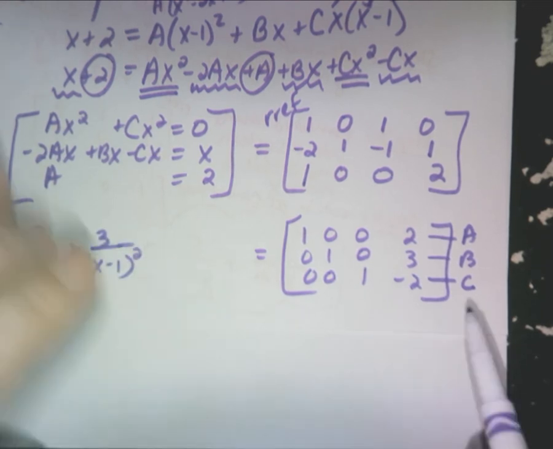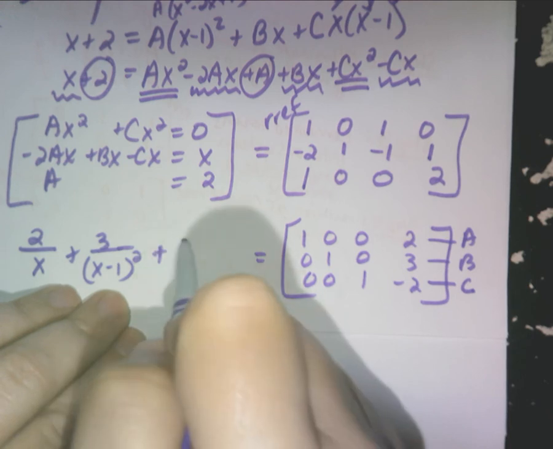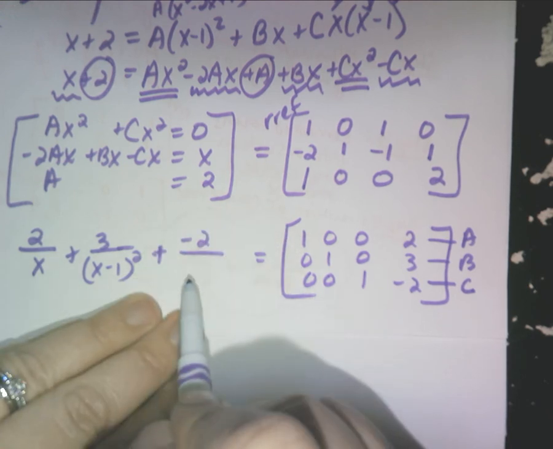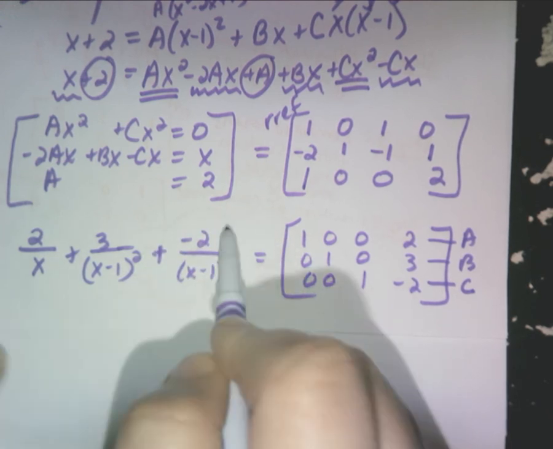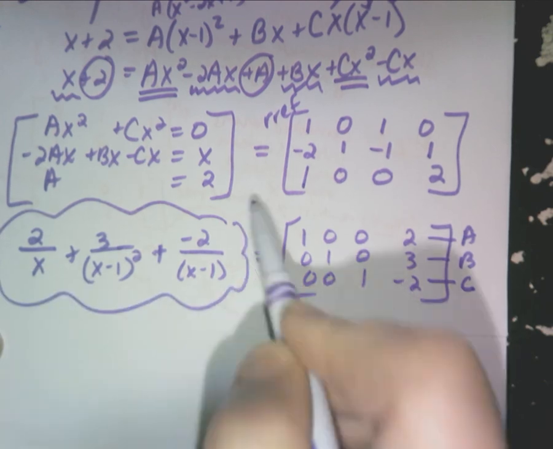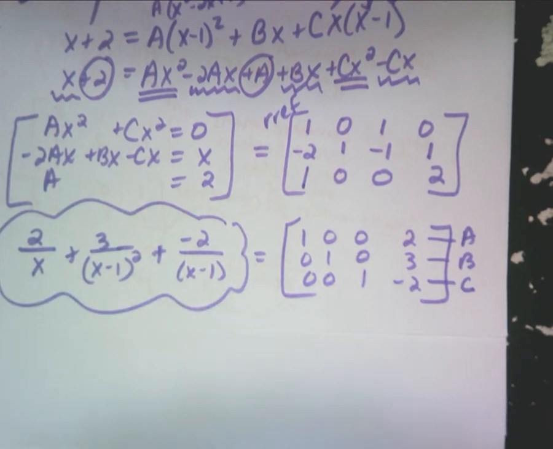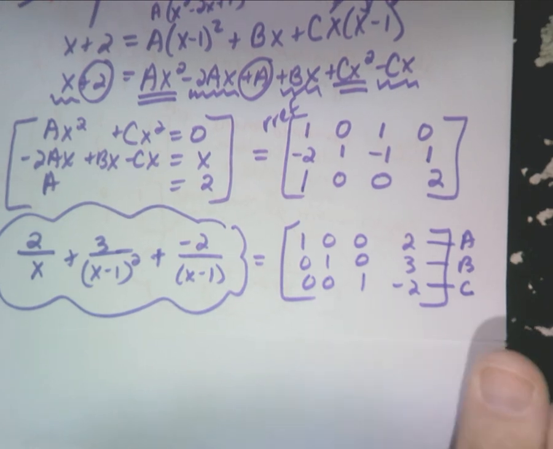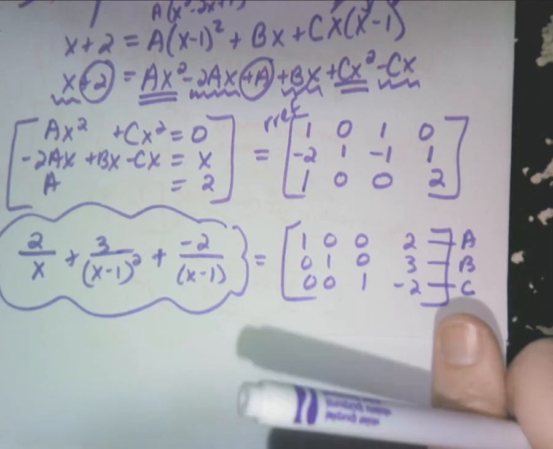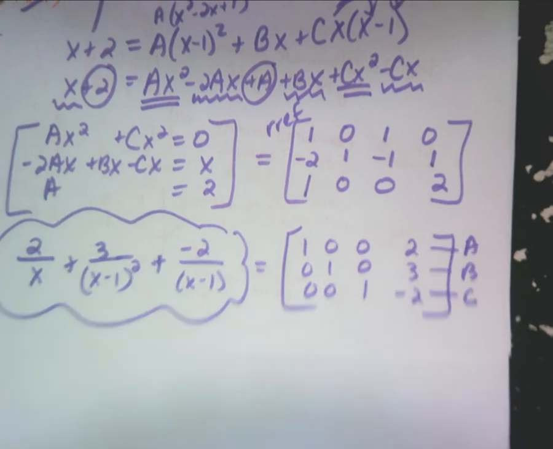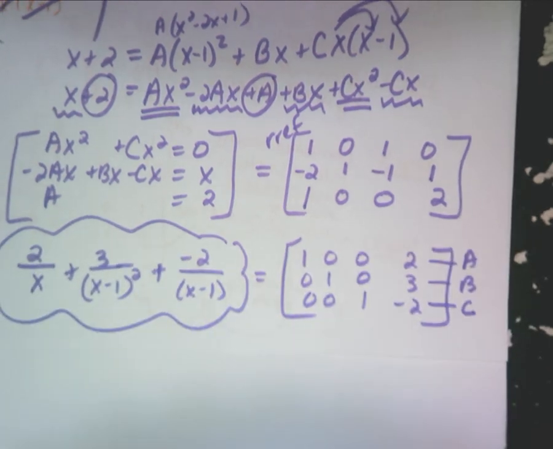And then your C, I write it like this. I just write negative 2 on top. It goes over the x minus 1. And if you were to add these, you would get the original function. Now you can see why I only gave you 5 problems for homework tonight. Yeah. All right. So do this, or do your whatever you got